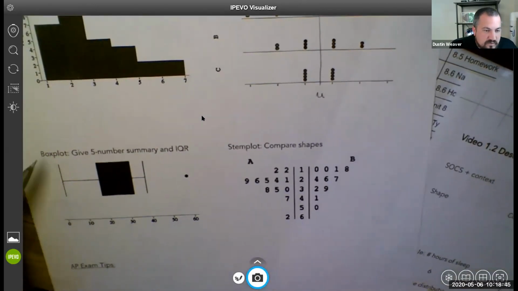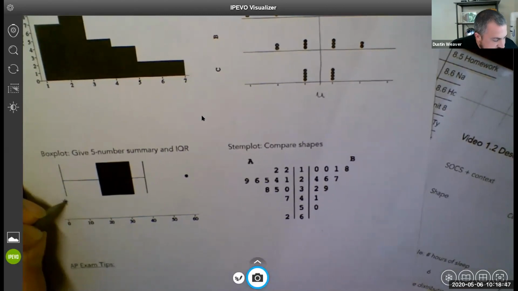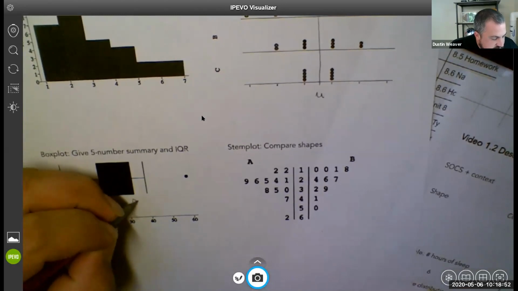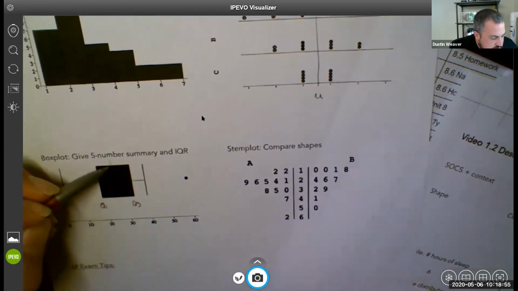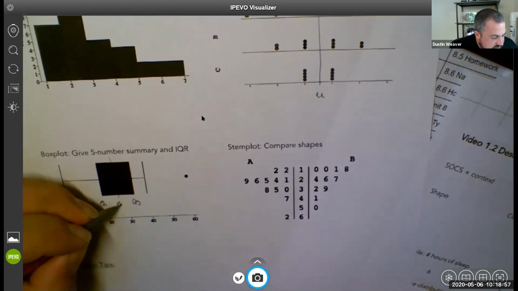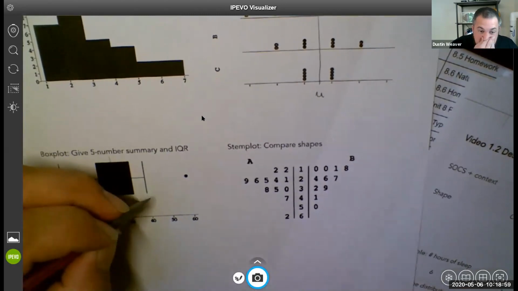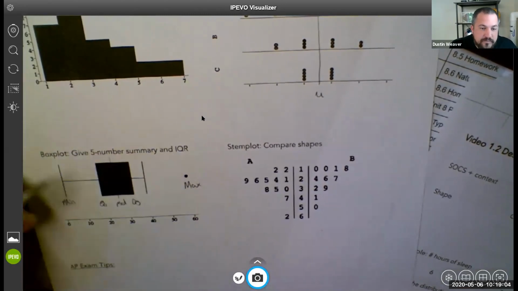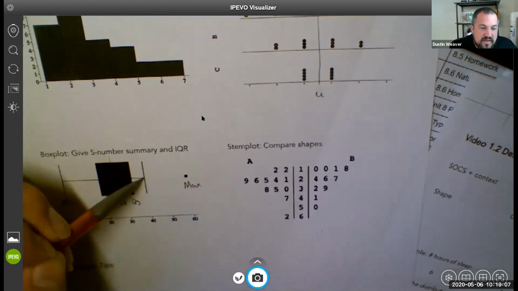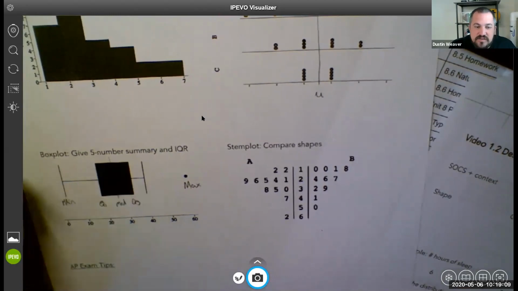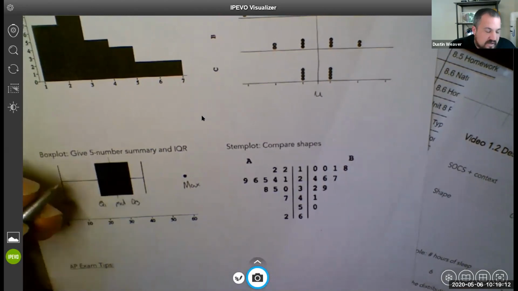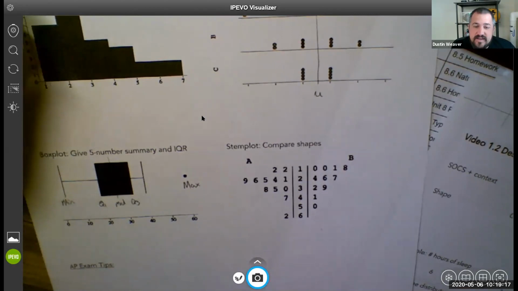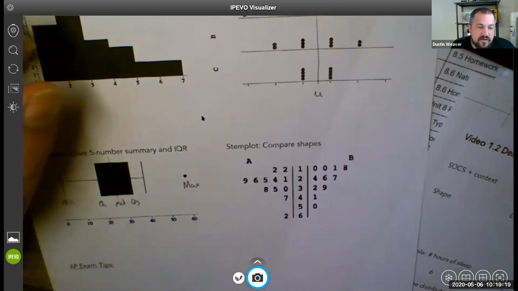In a box plot, like we said, this is your minimum right here at the beginning. Q1 is where the box starts. Q3 is where the box ends. The median is marked by a line inside of the box. The maximum is actually out here, okay? But since the maximum was an outlier, your box plot then goes to the next biggest number. So the next biggest number is about 38. We've taken our maximum, we've noted it, but the box plot does go to the next